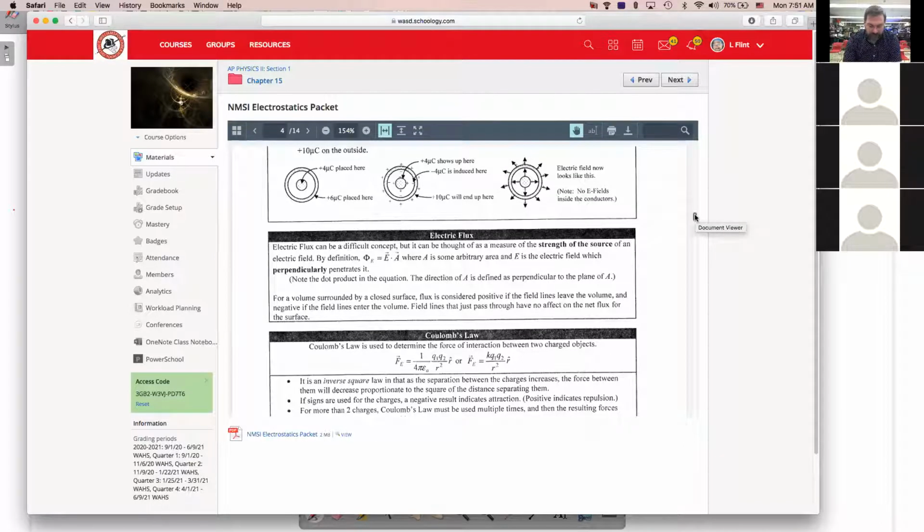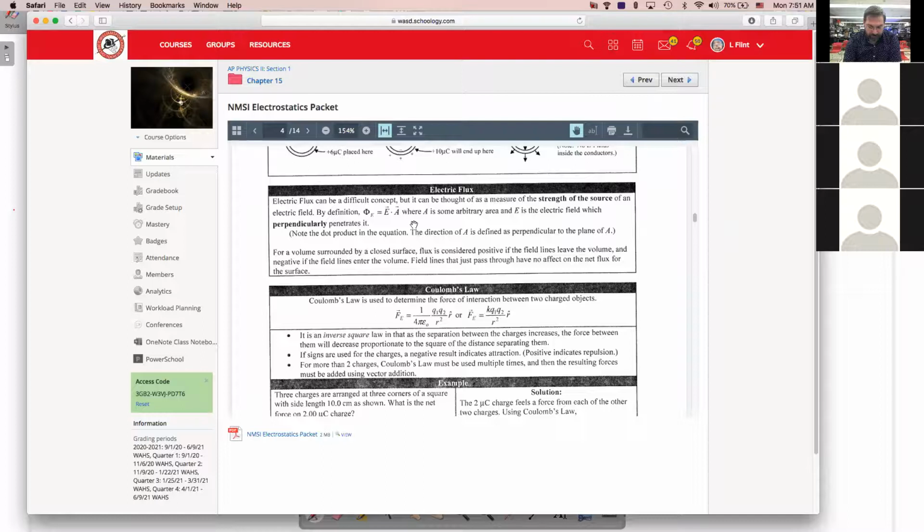The electric field inside the conductor, or electric field inside of space, ends up to have a field of zero. There's another concept, and that's the concept of electric flux. So this equation here,